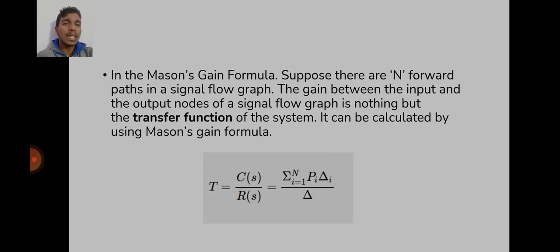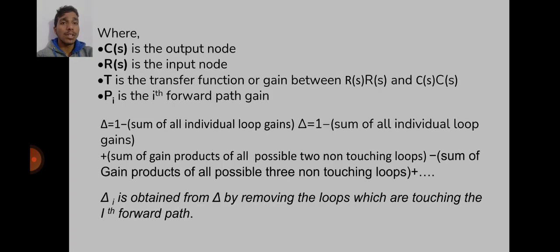So the transfer function T is equal to C(s)/R(s). Hence we know that the transfer function is equal to the Laplace transform of the output by the Laplace transform of the input. So C(s)/R(s) equals summation i equals 1 to n of Pi Δi by Δ, where C(s) is the output node and R(s) is the input node. T is the transfer function or gain between R(s) and C(s),